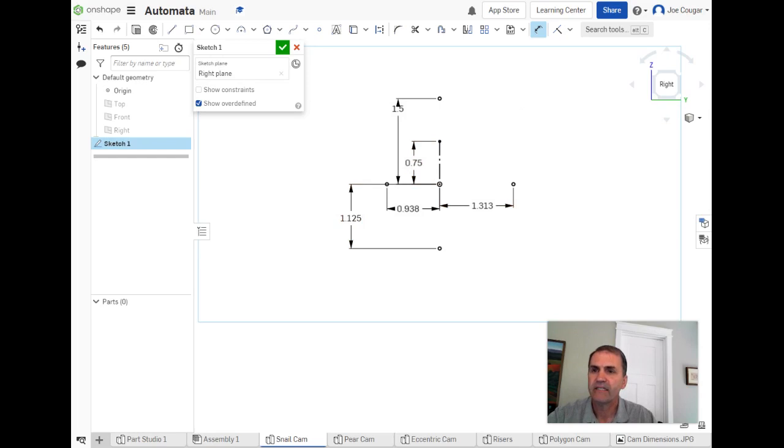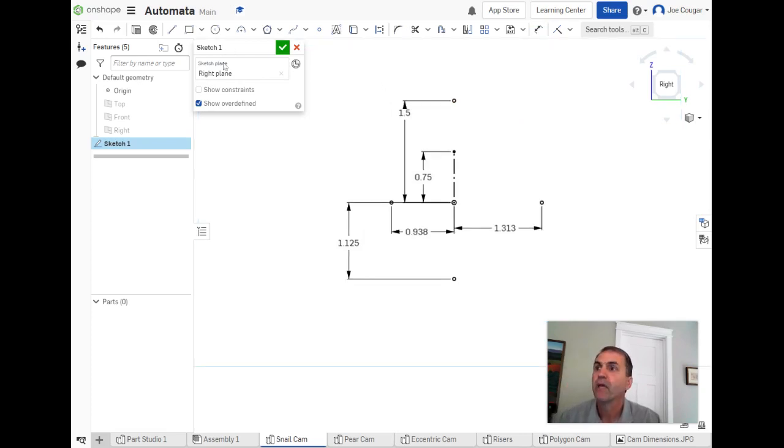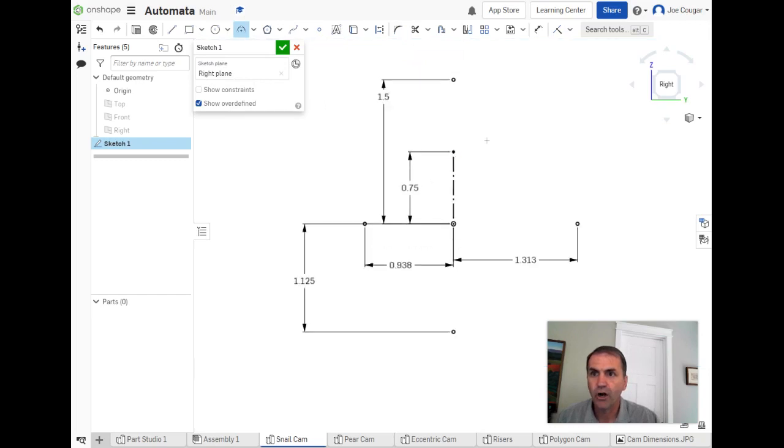Now, one last thing to do, actually, I'll do that in just a moment. So here we go. We're going to make our snail cam. To do this, we're going to use the 3-point arc up here. There's a drop-down menu with different ones. We want the 3-point arc. We're going to start at this point right here that we made first. Click on that end,